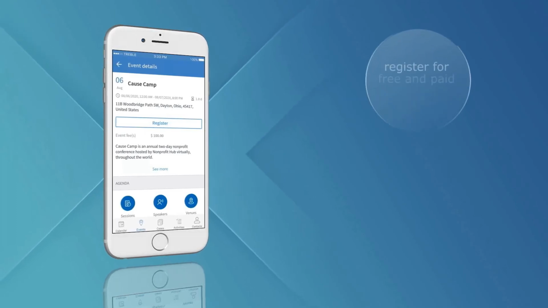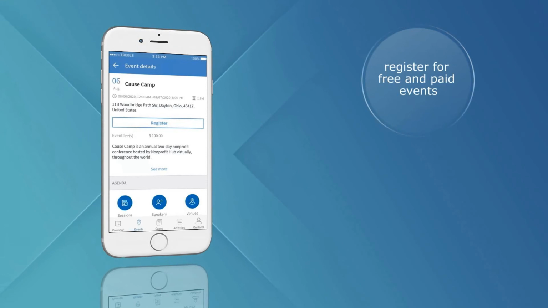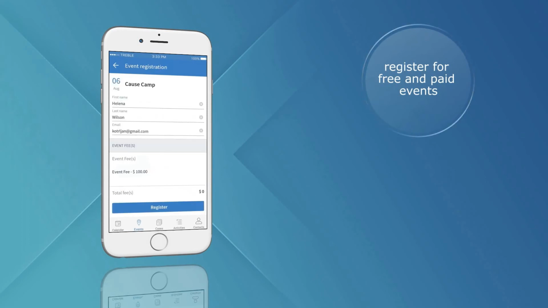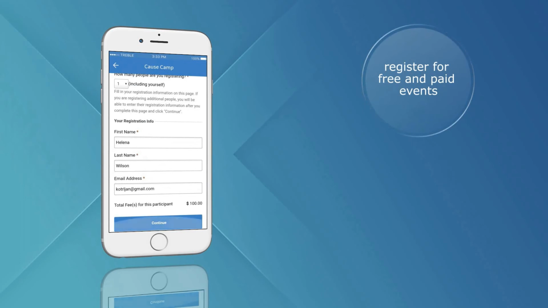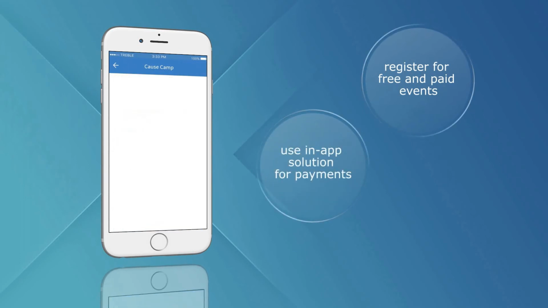If the event is open for registration, you'll find the Register button on the Event Details screen. It's color-coded to indicate visibility and availability for registration. The registration form is automatically populated with data. Put a check mark next to the event fee and proceed to in-app payment through an integrated payment processing system, PayPal,